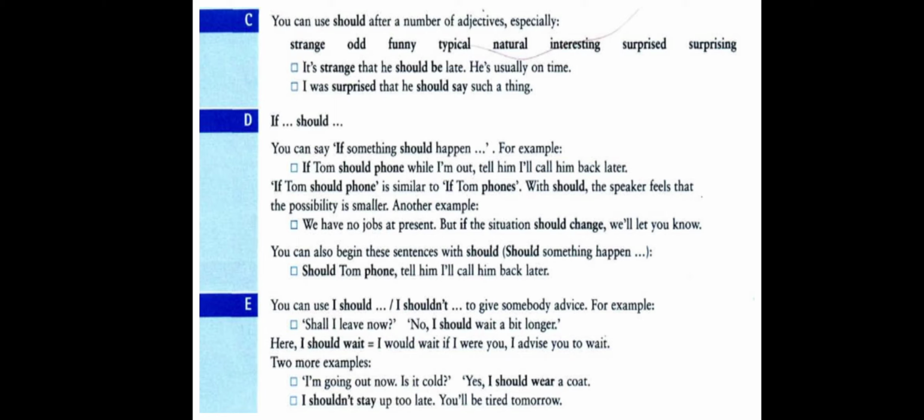And here this kind of sentence is a complex sentence where we have a subordinate clause that starts with the subordinator if and a main clause on the other part, and both join together to form a complex sentence. Here the rule says we can replace the present simple in the if clause by should plus the base form, but there is some difference in meaning. The difference in meaning is that